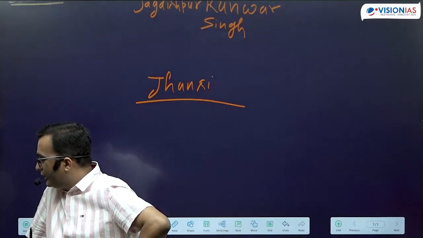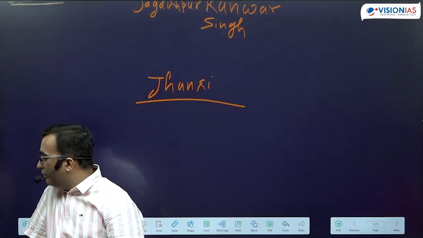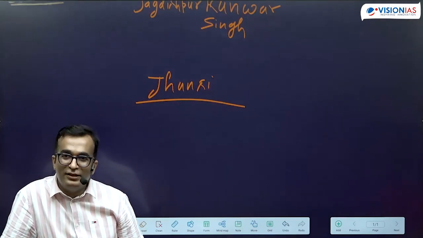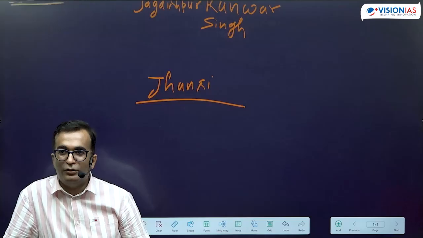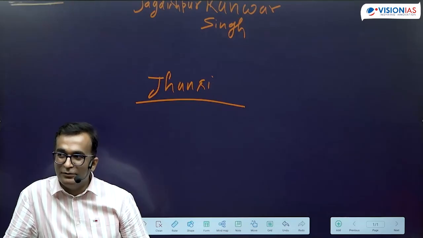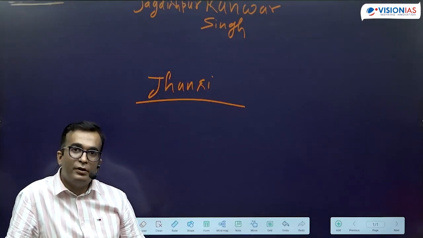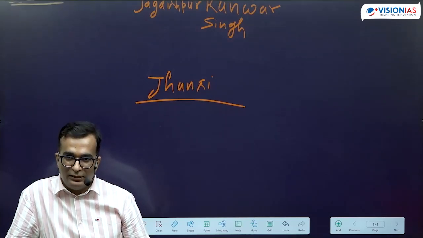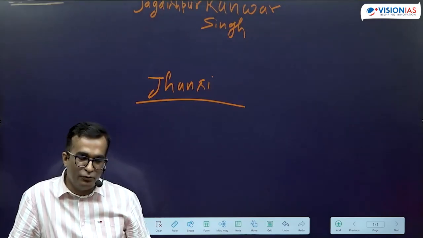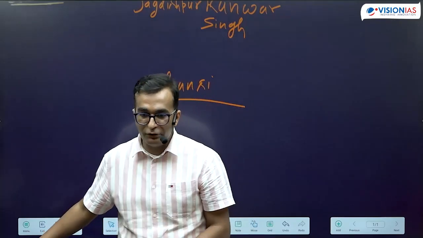Just listen to one thing. Someone, Hema Sudhir, has mentioned annexation of Nagpur in 1853, Jhansi in 1854. I know this; this is what is written in Spectrum, which is not right. What you have written is right. What is not right in Spectrum, what you are writing, is according to NCERT, and what is in the NCERT is the version of the UPSC. So go ahead with it. Don't worry.